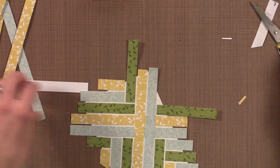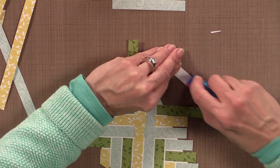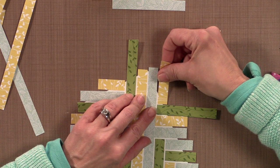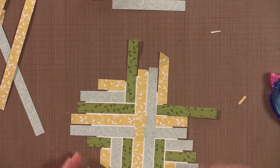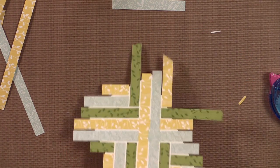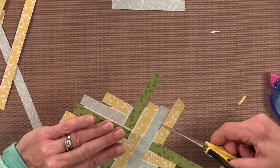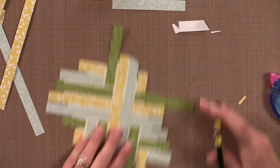And again, guess what color? Yellow for the small one. And this one I'm going to take this way. Okay. Now we're going to pick it all up. I'm going to flip it around, and let's get rid of that excess there, though. Now